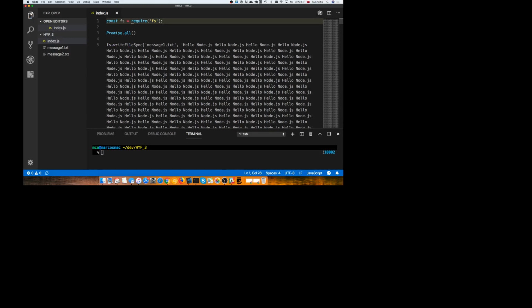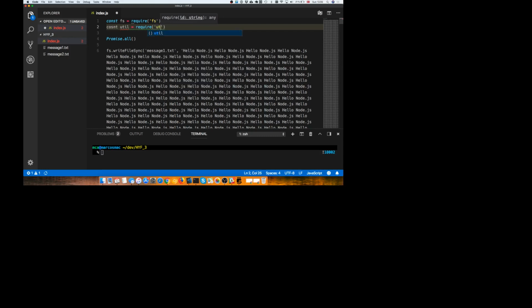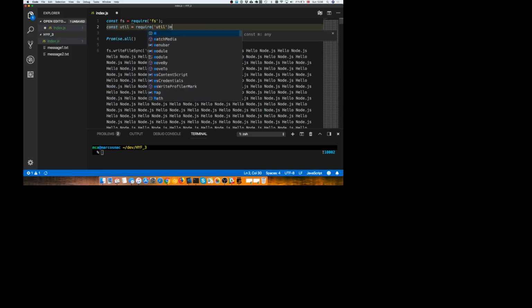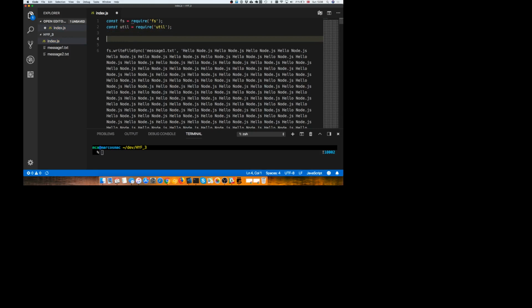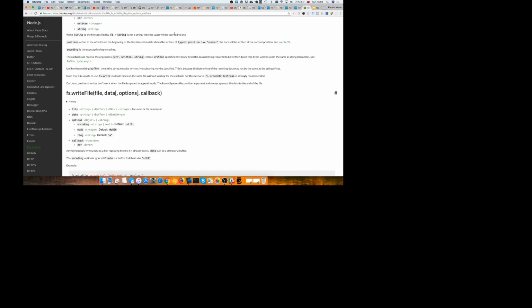But there are two ways to go about this. There's one way where we take the callback and create a promise inside the callback. But Node thought about this and created a new module which allows you to transform callbacks to promises automatically. And this module is called util. Require util, and write const. Cool. So if we go on our documentation, you go back to this browser and you go to the doc,